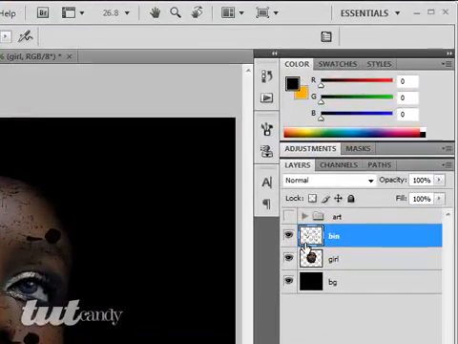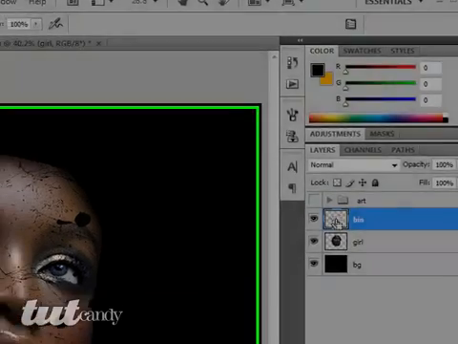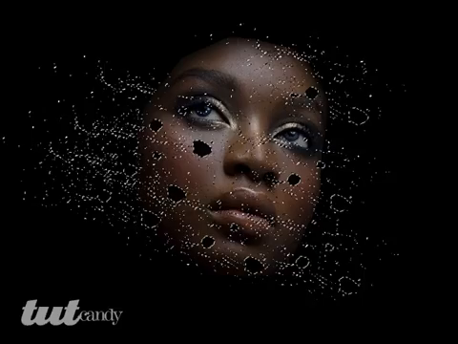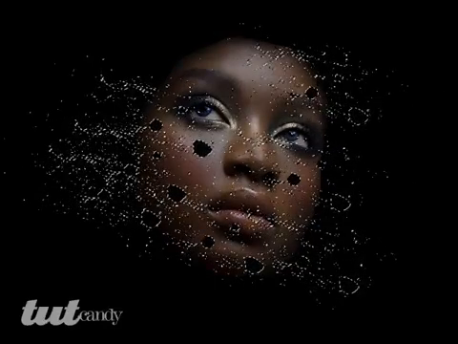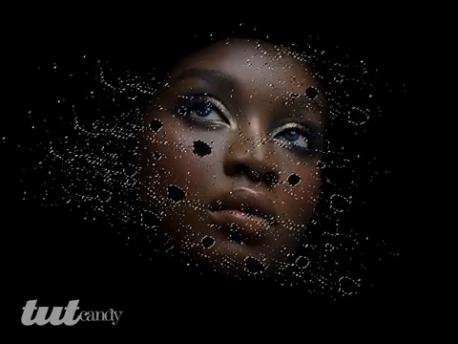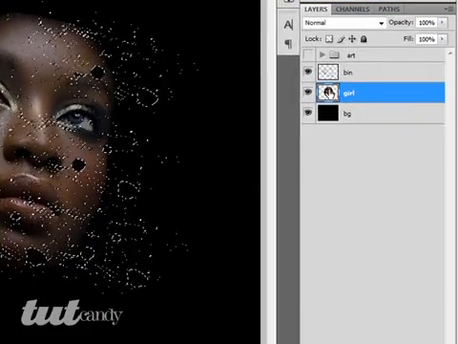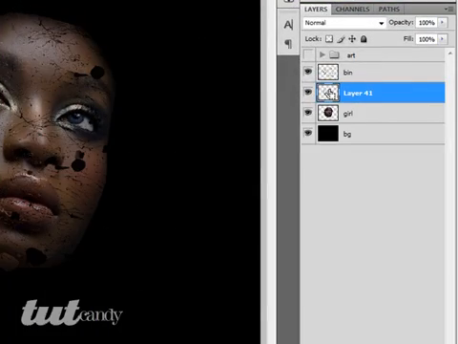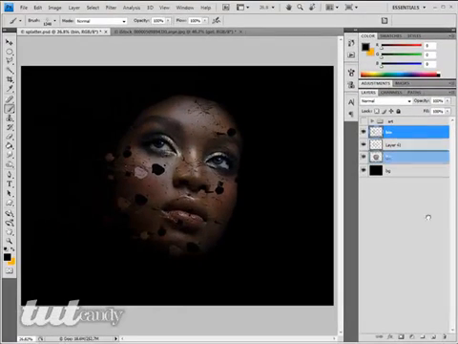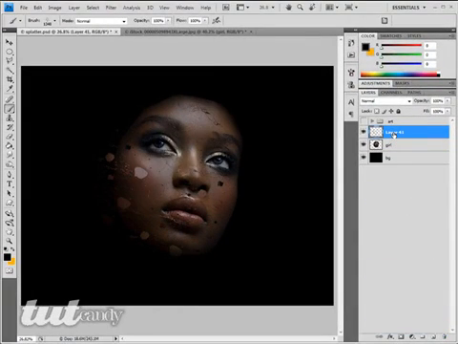Now what I'm going to do is hold down Control or Command on the Apple and click this bin layer. As you can see, it's made a selection for all the brushes I just painted. I'm going to jump onto the girl layer, copy and paste, and as you guessed it, for the bin layer it goes to the bin. Now this new layer, I'm going to name it Splatter 1,